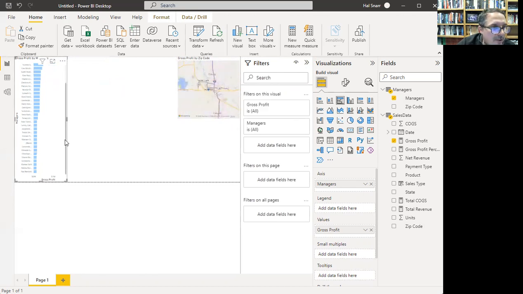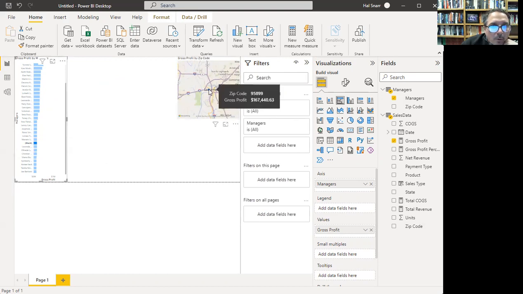Now, if you go down here, you'll see something called blank. You see that? There's a blank right there. So what happened here? Maybe we have a new store, or maybe we fired the manager at that store and we haven't replaced that manager yet, right? So suppose we just replaced that manager. Well, how do we update this? Instead of having blank there, how do we update it? Well, we got to find the zip code number, right? The zip code number is